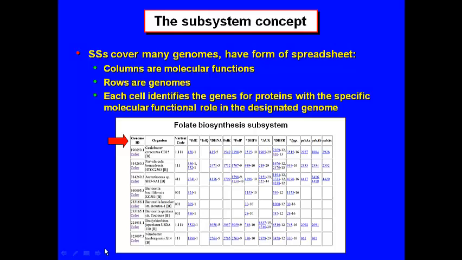It would go up to the Himalayas, and it would go down to Australia if it was the real thing. And the columns here are the enzymes in the folate biosynthesis pathway, the vitamin folate. So your columns are the so-called molecular functions, the enzymes, and the rows are the genomes.